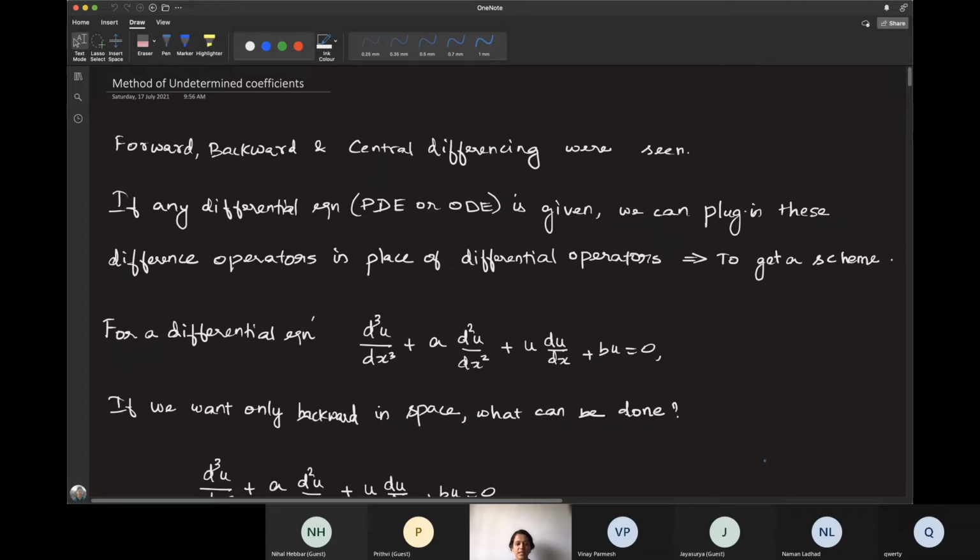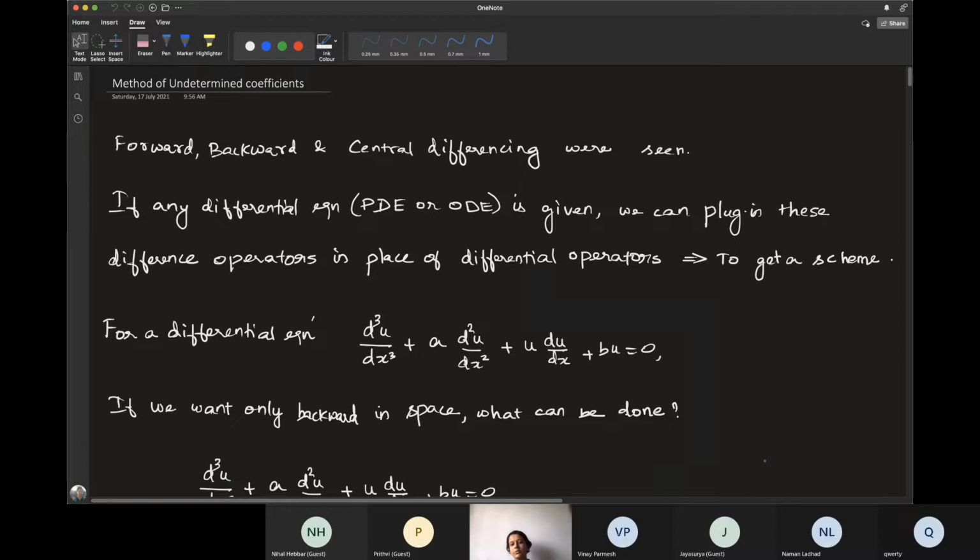Now we'll be seeing how to first discretize any equation. If you are given some differential equation, how will you convert it into a difference equation to solve it at discrete points? You know the difference between differential equation and difference equation, I guess. A differential equation is anything that has ordinary or partial differential operators, which are continuous operators. A difference equation is written on discrete space, on some discrete points.